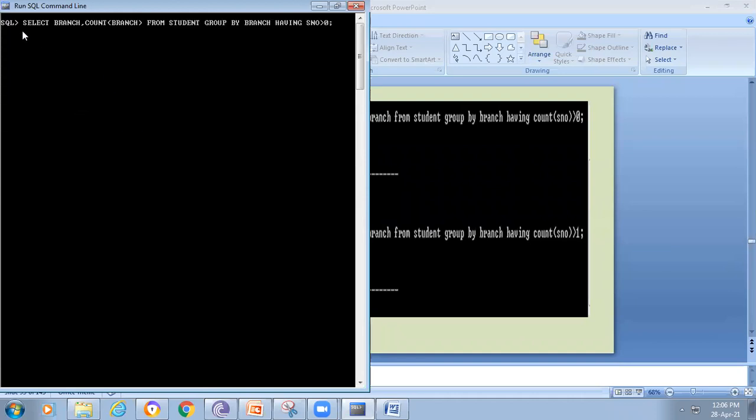What I'm writing here: select branch, count of branch from student, group by branch having s number greater than 0. Here I mention the condition. For example, count of s number greater than 0, semicolon.